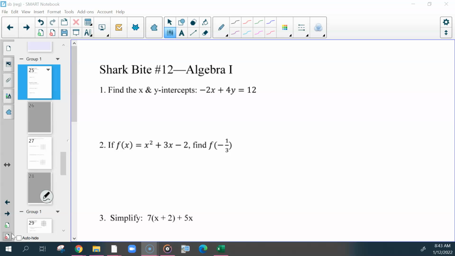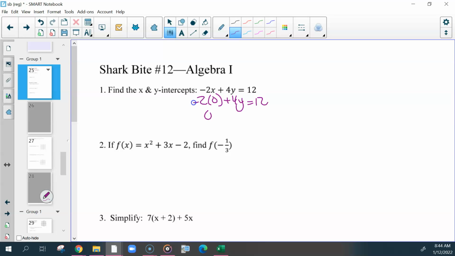Let's go through these. For number 1, you need to find the intercepts. I know we did that a couple units ago. So I'm going to start off with the extended version. Remember, for the intercepts, you need to put 0 in for one of the variables,